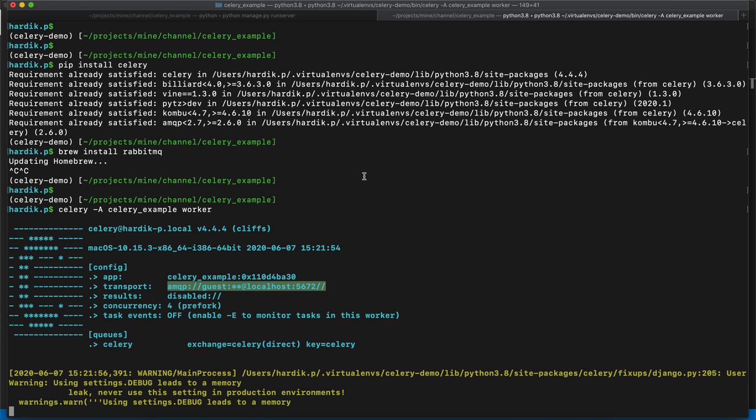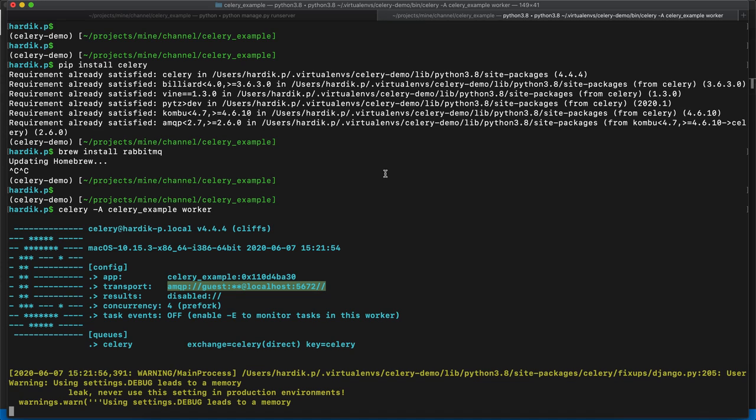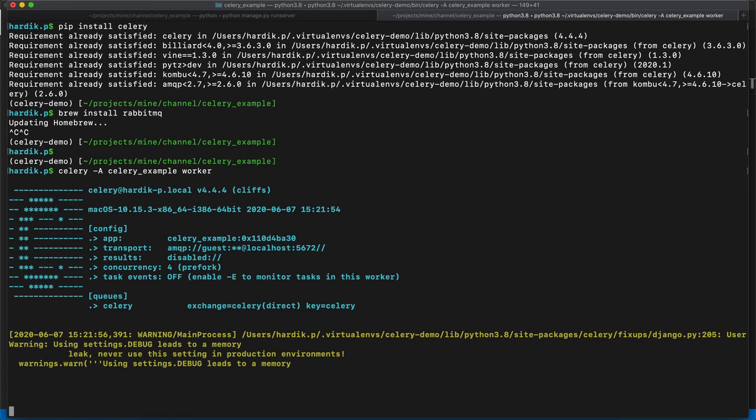So what happens whenever you run this server here is, if you do any activity, that message will automatically be passed to this worker. It will receive it from the broker. There are other parameters which we are going to talk about just after this. The concurrency level is 4, so 4 workers are running for now. Then other things are there also. As you can see, everything is working fine.